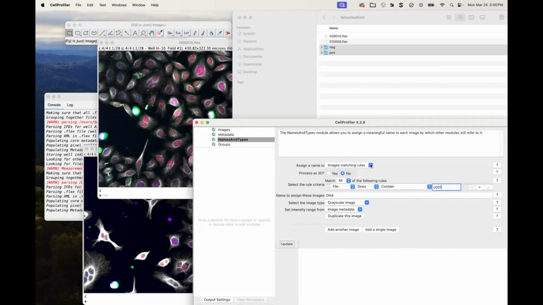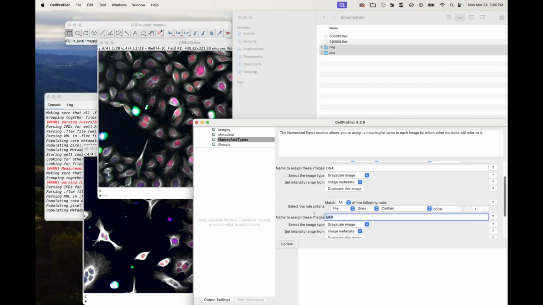So I changed this from all images to images matching rules because we have multiple kinds of images here. And then I can say add another image. And I can say if it has C004 in it, that this is our cytoskel.